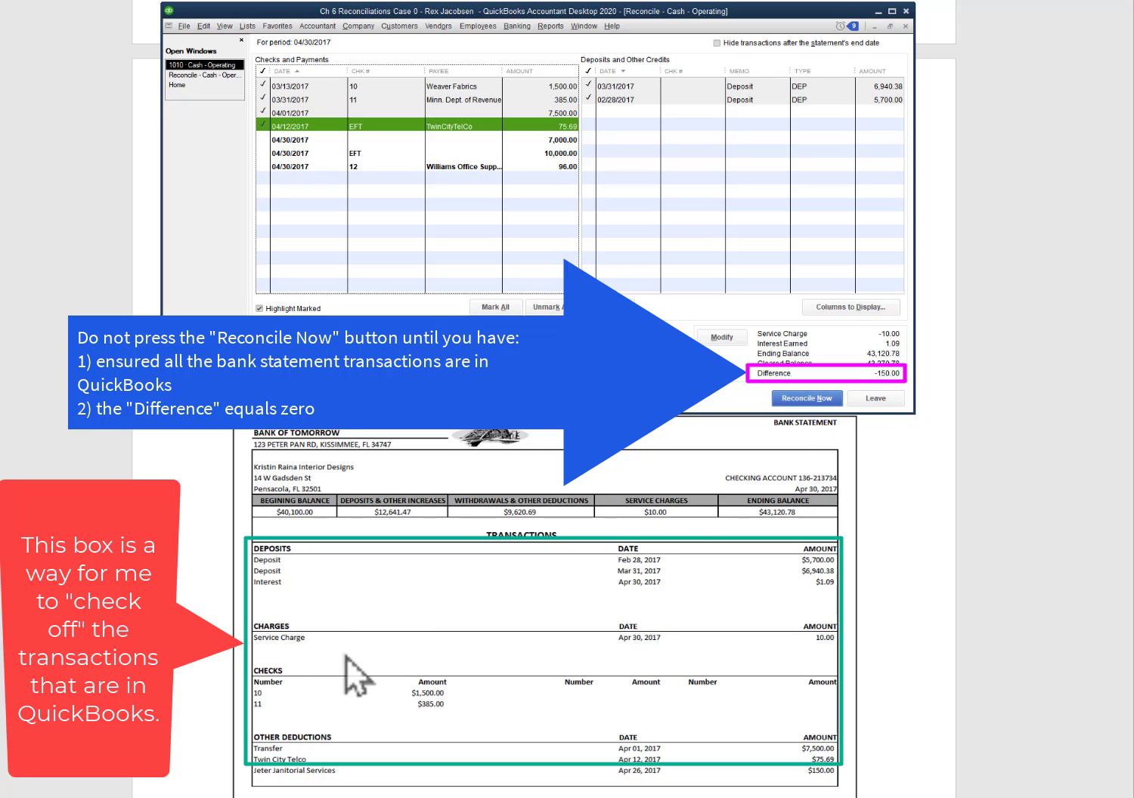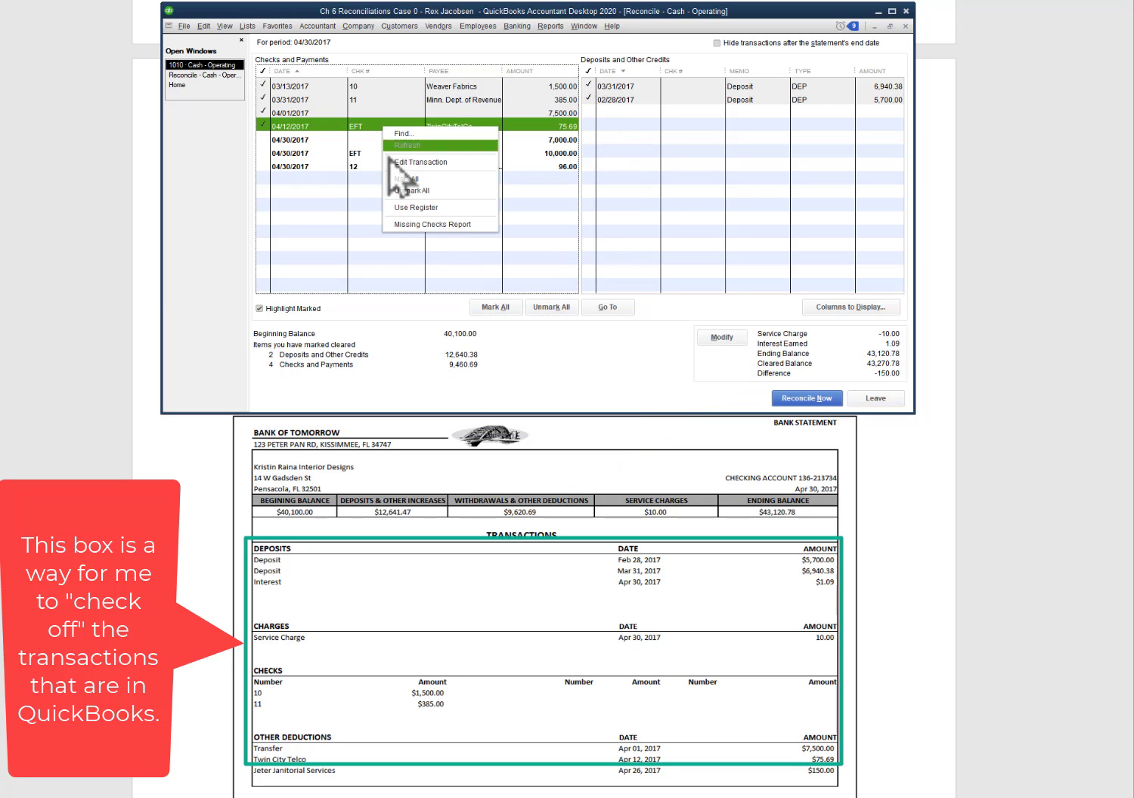So we're going to go back down to our statement. The last thing we've not checked off is we've got a Jeter Janitorial Services for, look at that, $150. So notice it's not up here. So we need to enter a transaction for Jeter Janitorial. So I could click Use Register. If you wanted to go the long way,